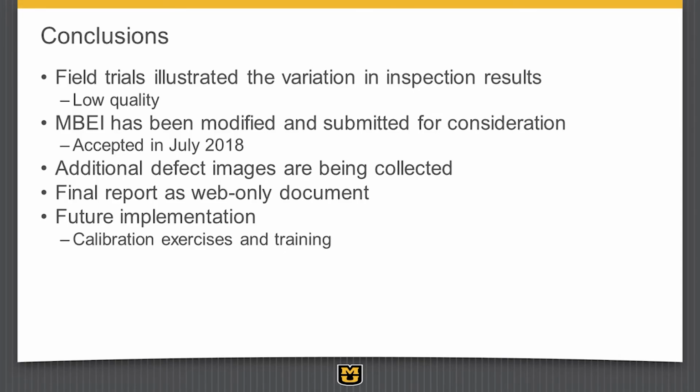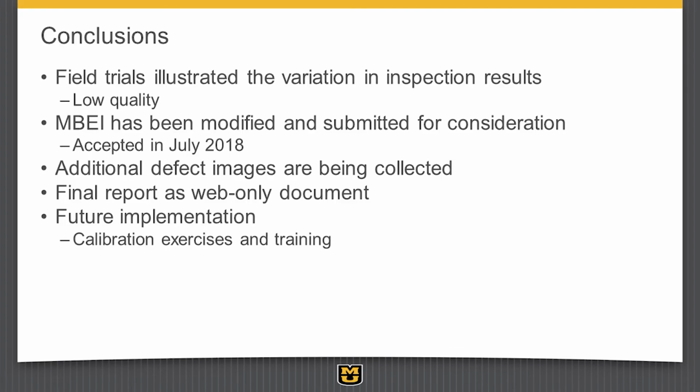So just in conclusion, our field trials illustrate a lot of variation, and that's another way to say it's sort of low quality, right? The variation is high. That means the quality is sort of low. So how do you address that? Quality assurance programs can be used to do that, and there's some training involved in that, and there's different models. I refer you to my report from 2009 if you want to learn something about what those models are. Some states are using performance testing type of inspector qualification. Others are using different models.